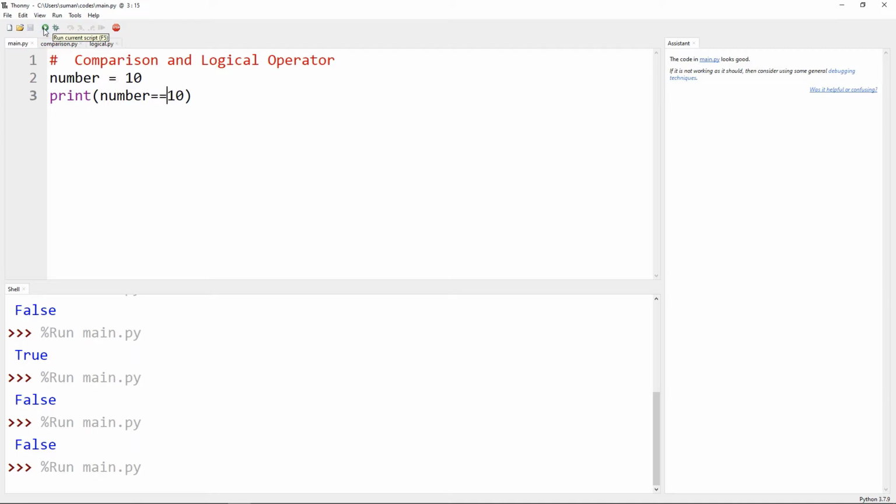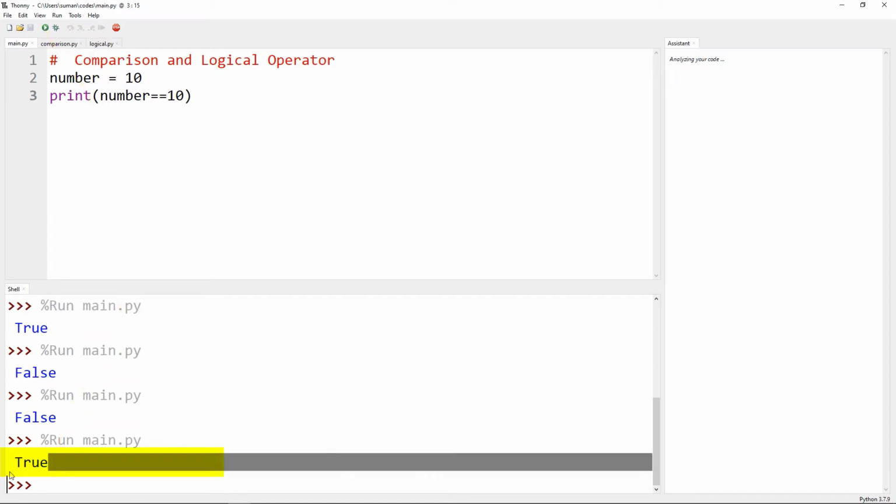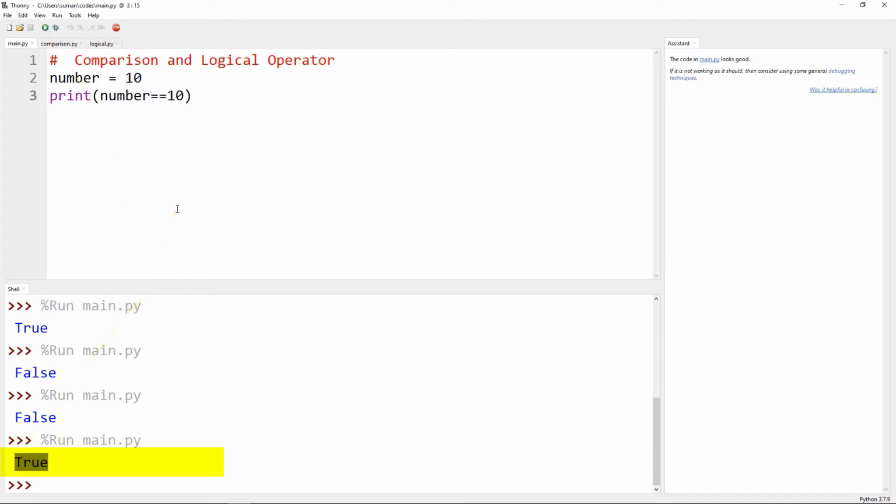So we are getting the result as true. Now comparing a floating point value with an integer value which are the same also gives us the result as true. We can check here. We are assigning the variable number with a float value. Let's check the result, and that is also giving us true.